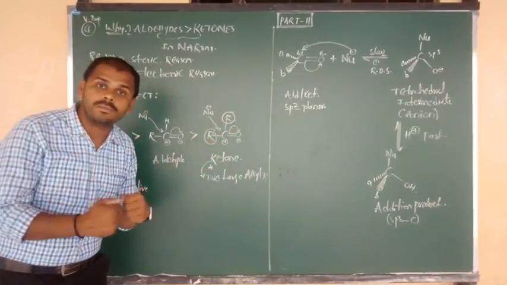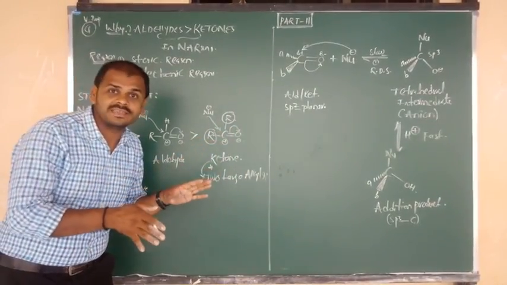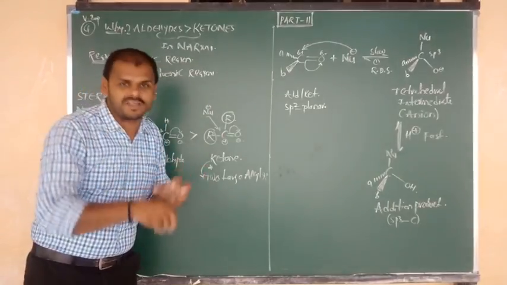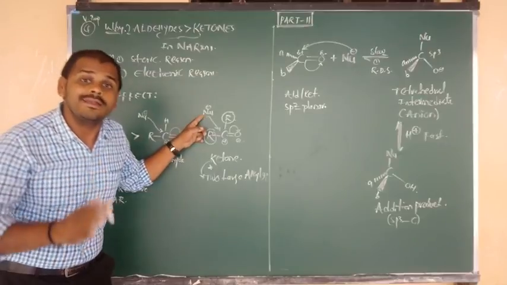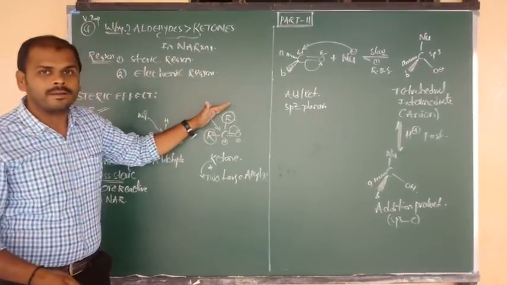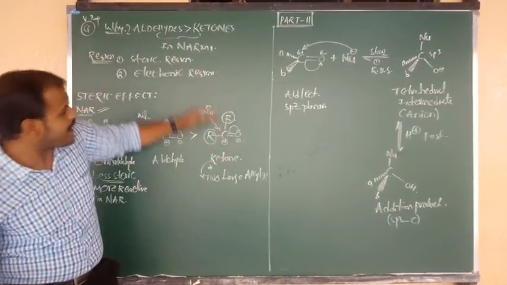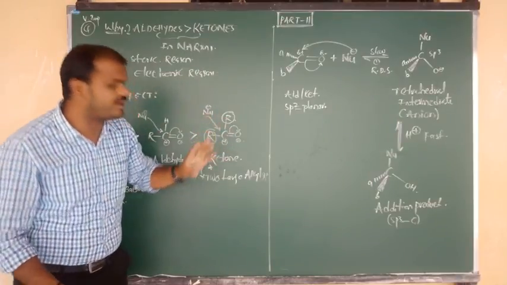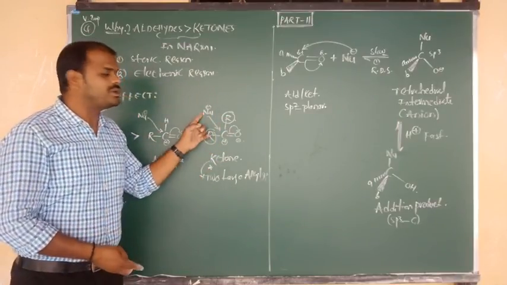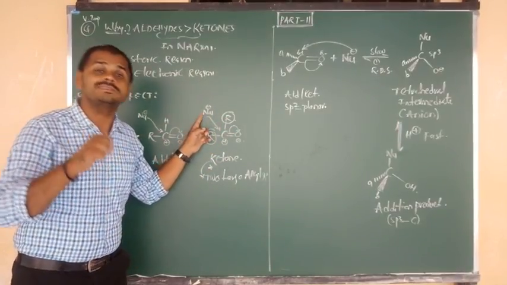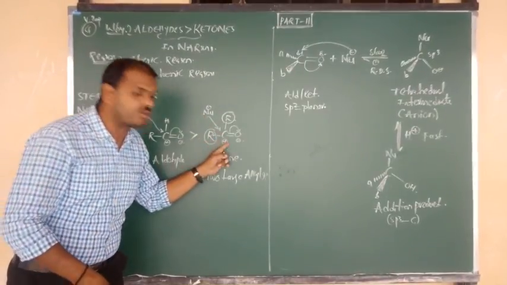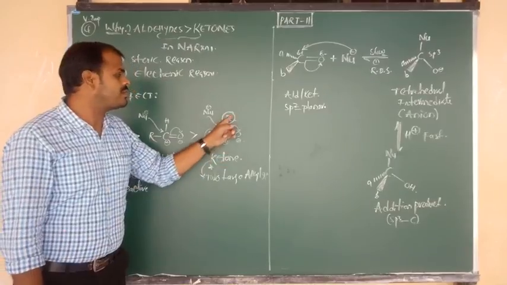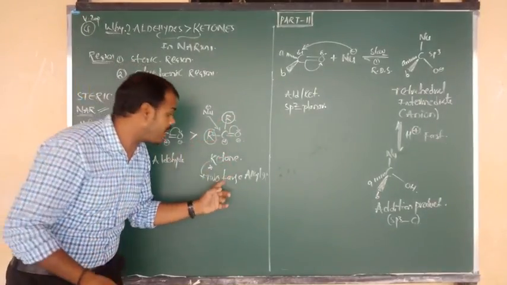Already they cause repulsion. Already some fighting is there, so they are not ready to accept another member. That means nucleophilic attack was hindered, it was prevented. Now it opposes the attack upon the carbonyl carbon, which means the nucleophile cannot attack easily, because around the carbonyl carbon two bulky alkyl groups are there.